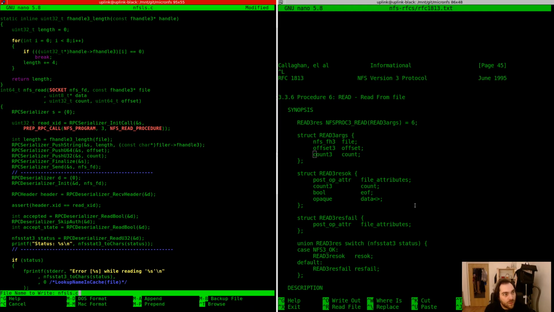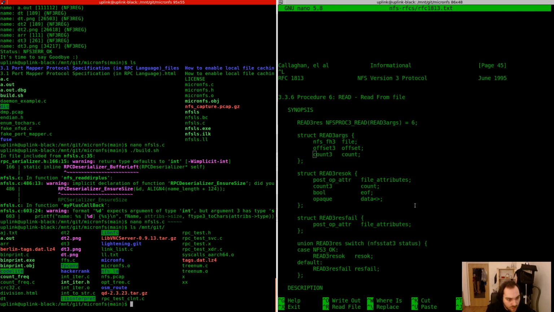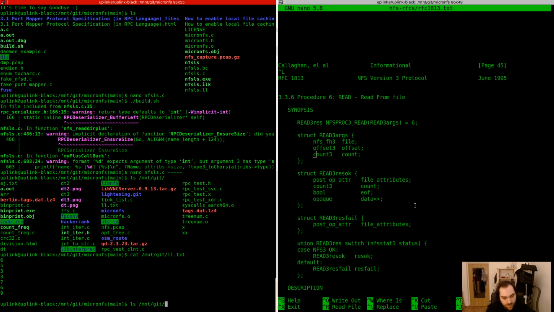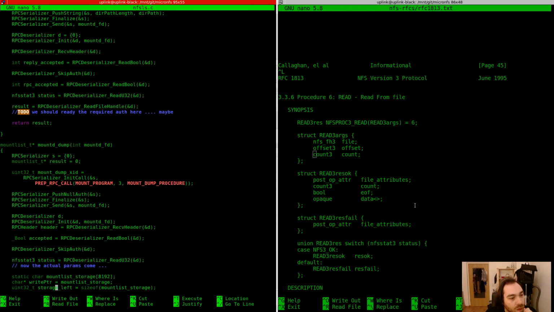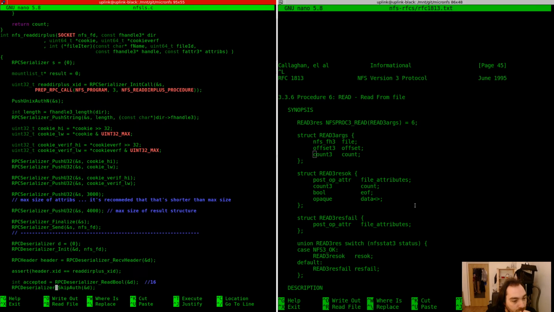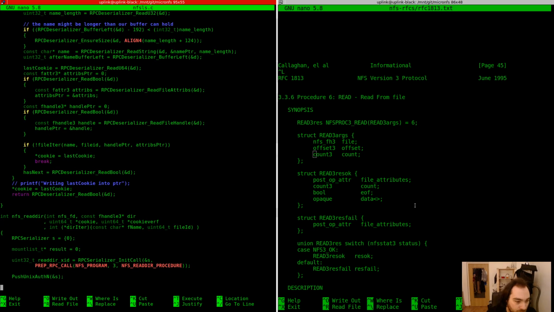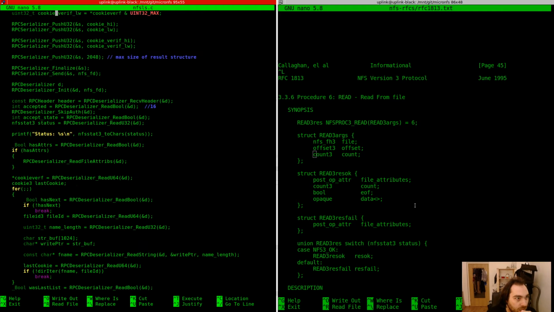So let's see. Let me look if I have a nice file in my NFS share that I would wanna grab. How about ll.txt? Alright, that will fit into the buffer for sure. Read. So what I have to do for this is I have to make a special callback that